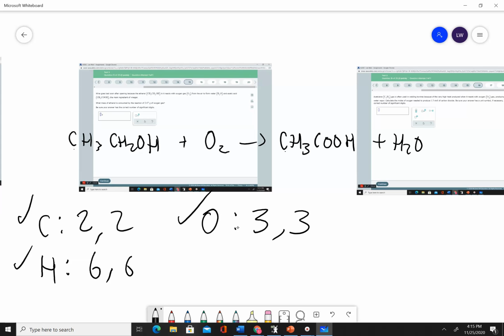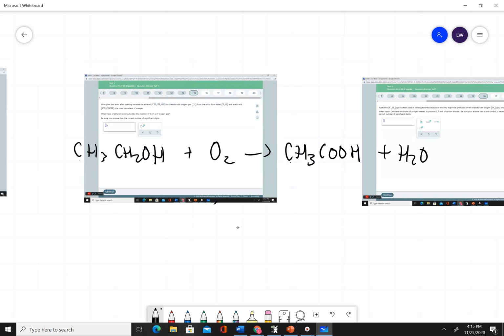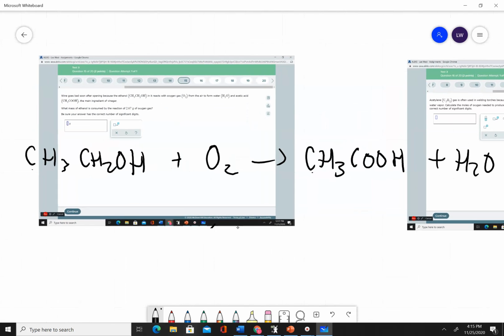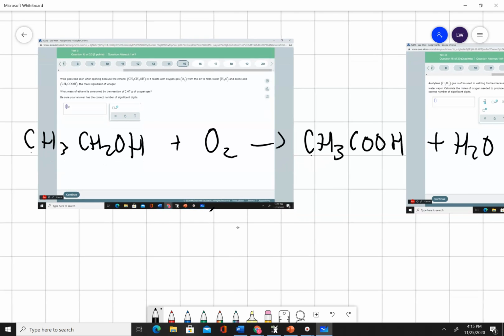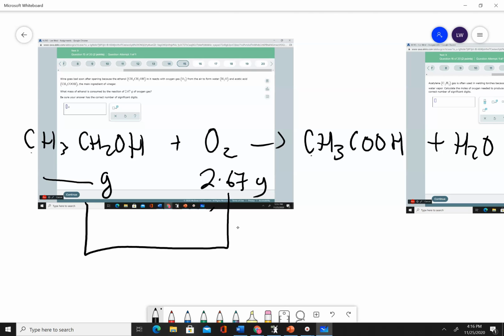So everything is balanced. There's nothing there that's not balanced. The nice thing is all of my mole ratios are 1 to 1 to 1. Okay, let's have a look here. Now it says, what mass of ethanol is consumed by the reaction of 2.67 grams of oxygen? So I've got 2.67 grams of this guy, and I want to know how many grams of that one is